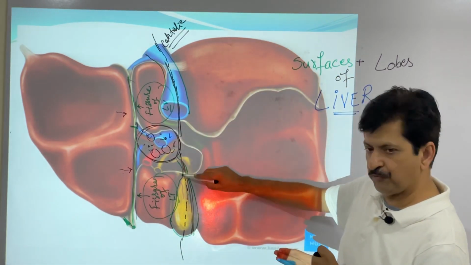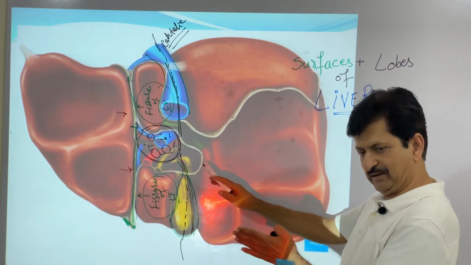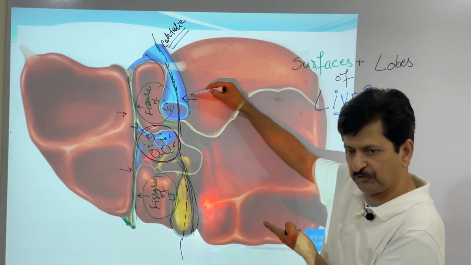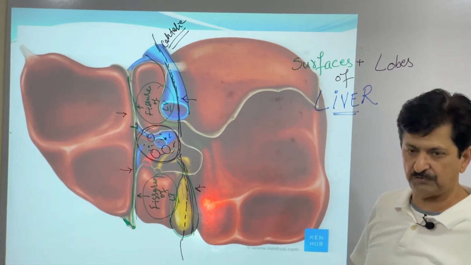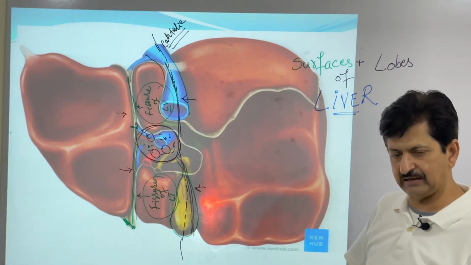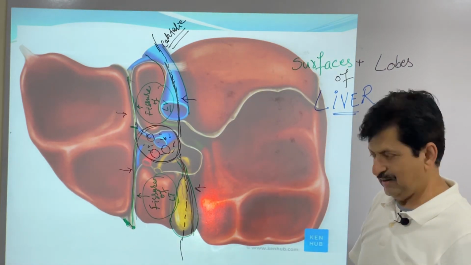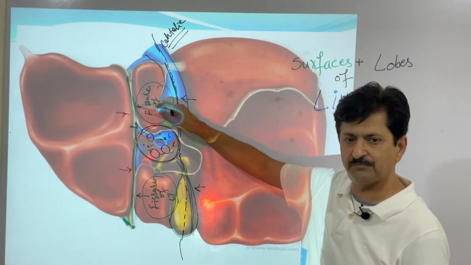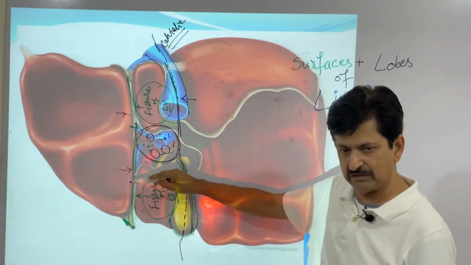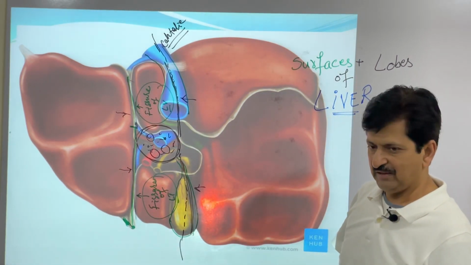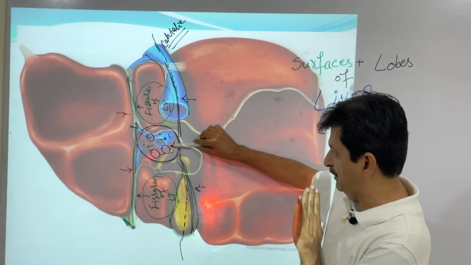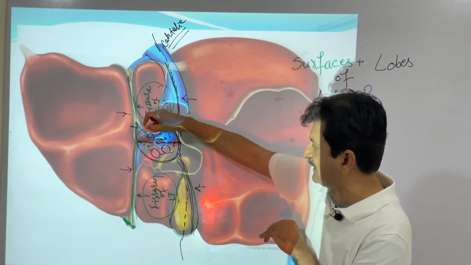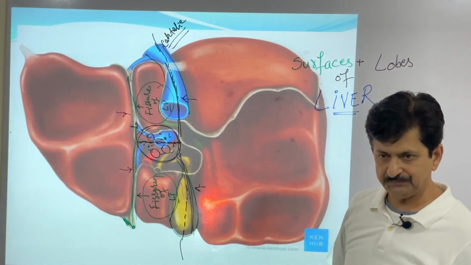The right vertical limb of the H: its upper half is formed by the fossa for inferior vena cava, the lower half by the fossa for gallbladder, and this whole line is called the line of Cantelli. The left vertical limb of your H is marked above by the fissure for ligamentum venosum, and below by the fissure for ligamentum teres. In the middle, they are connected by the horizontal line that overlies the porta hepatis.